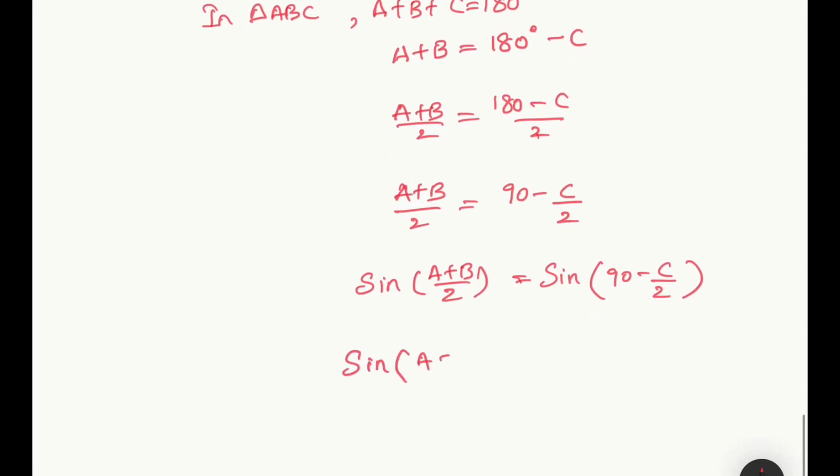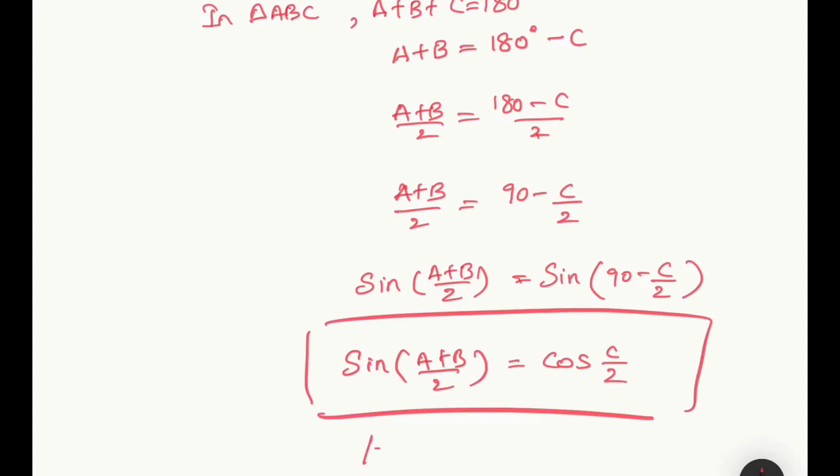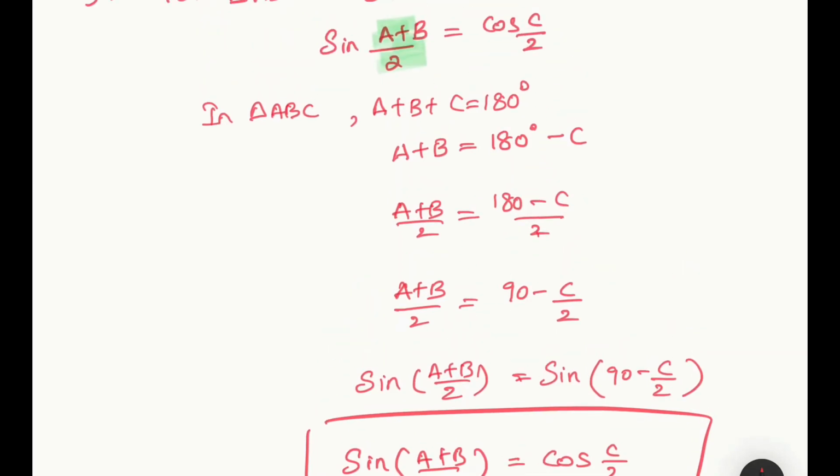So I'll get sin (A+B)/2 equal to cos(90 - C/2), which will be equal to cos C/2. So I got the proof here. Hence proved. So what we have done, since it's given as a triangle, I have taken A + B + C is equal to 180 degrees, and